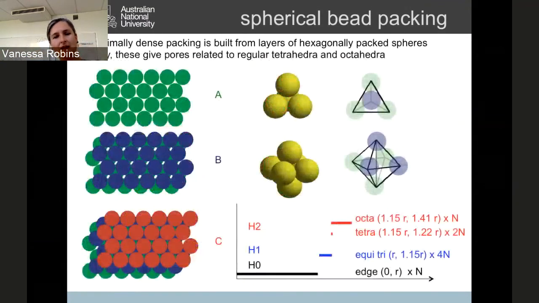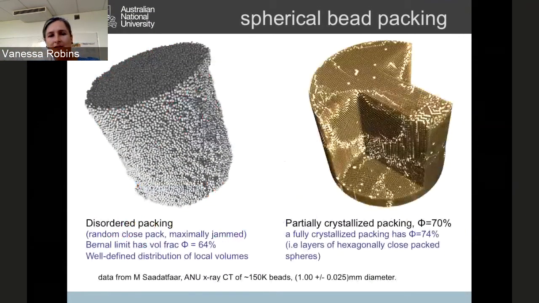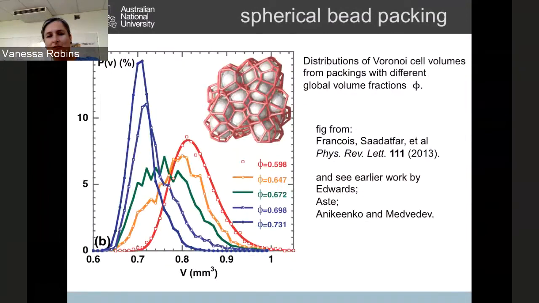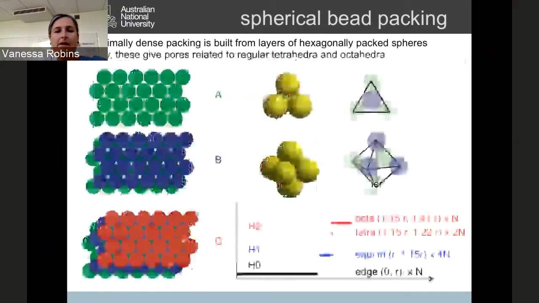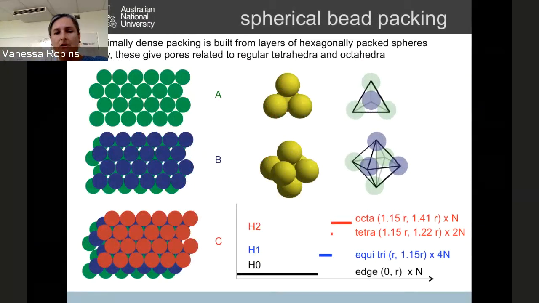Okay, so the next slide is really setting up the picture for the idealized crystalline packing. I've tried to tell you a little bit about the loose packings, and the fact that their Voronoi volumes are quite smoothly distributed. Now at the other extreme, the maximally dense packings are formed by hexagonally close packed layers. So in a perfectly crystalline packing, you might start with one layer of hexagonally close packed spheres, and